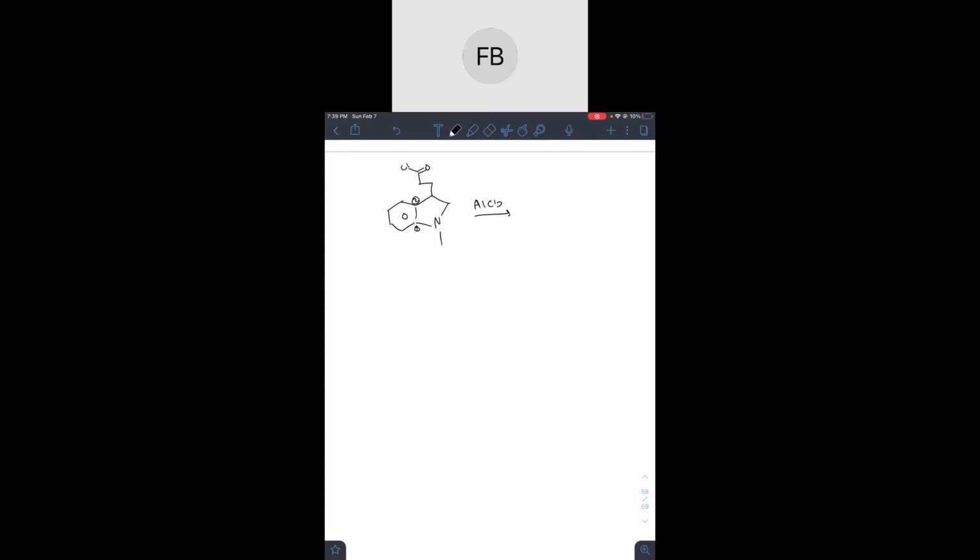So what is more activating? The nitrogen, right? Because if you look at your list, this is going to be more activating than a plain alkyl group. So for that reason, this alkylation is going to happen either at an ortho or para position to the nitrogen. This ortho position is already taken, and this ortho position is so far away. Clearly the easiest way to do it would be to attach it to this para position. So that's why the answer is going to be kind of hard to draw,